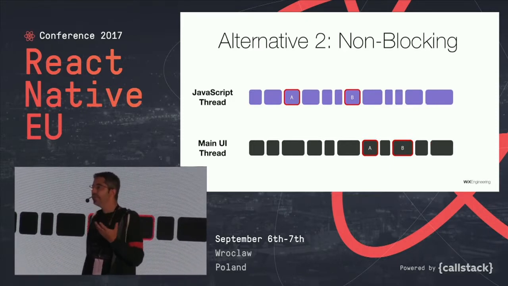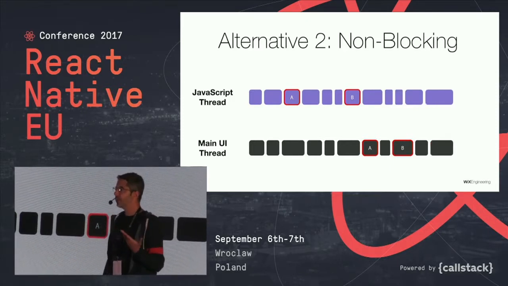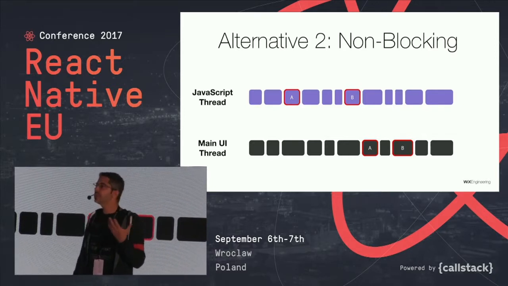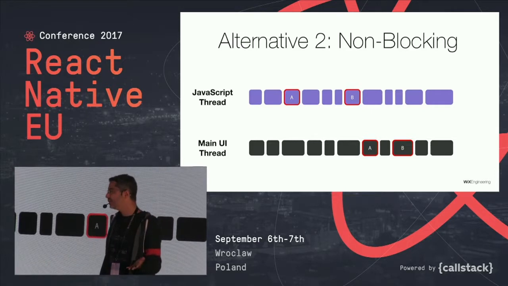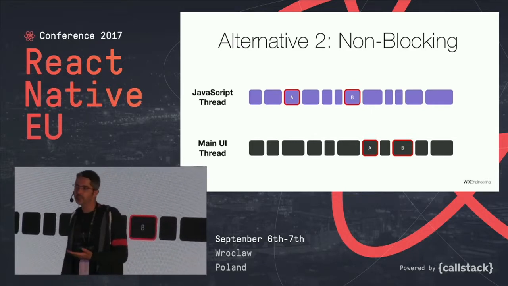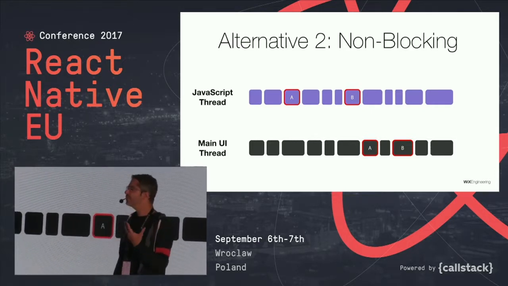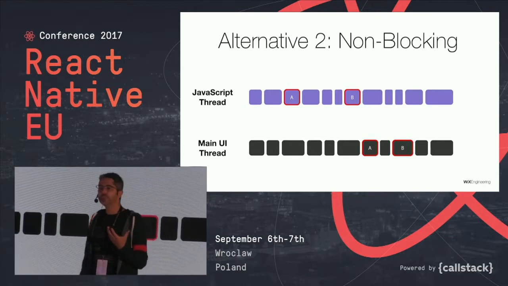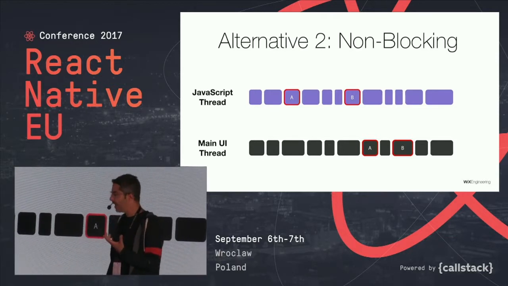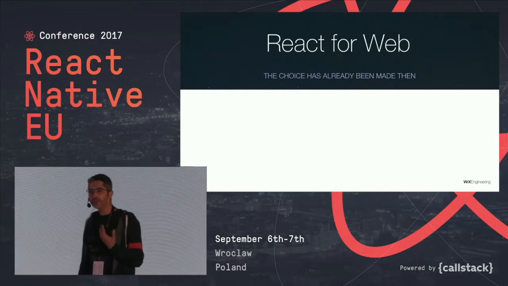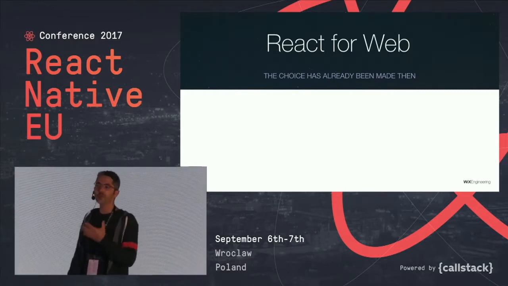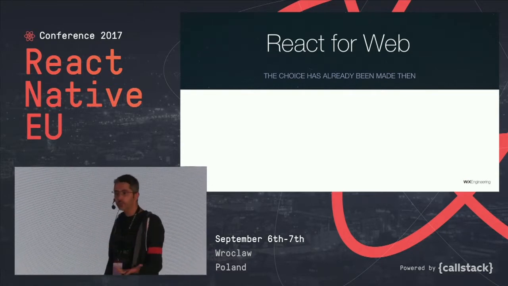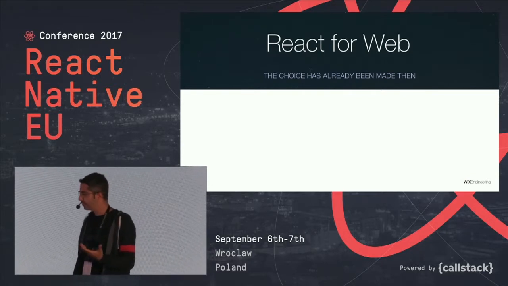And if you had to make a choice, which one of them is better? There is no clear answer. There are always trade-offs. This is good in some use cases, and this is good in a different use case. So it's mostly a strategic choice. And what was the choice that was made with React? To go back to that choice, we need to go back to the days before React Native, when React was only for the web, and the choice had already been made for us with React.